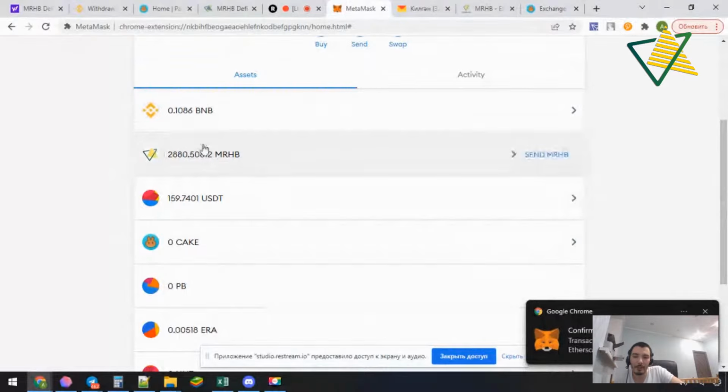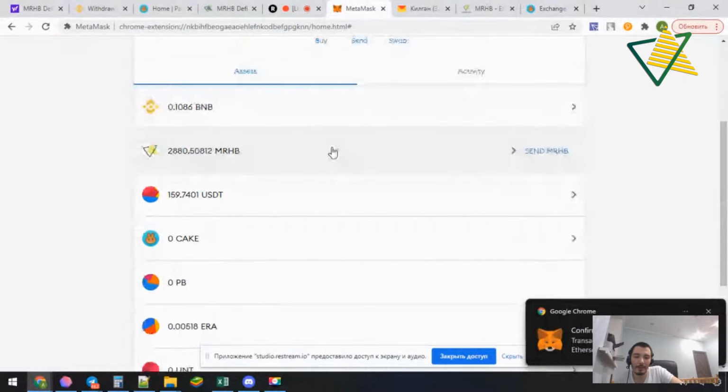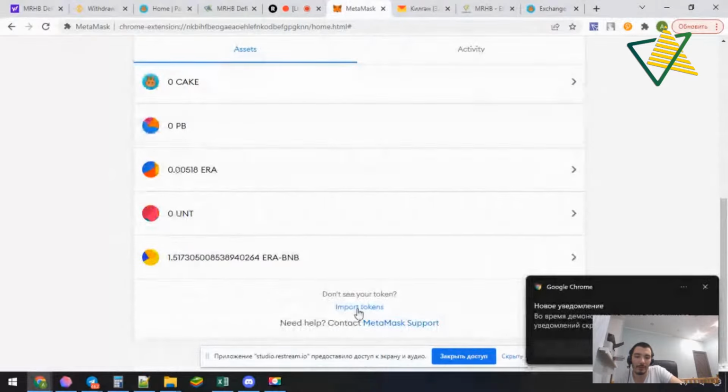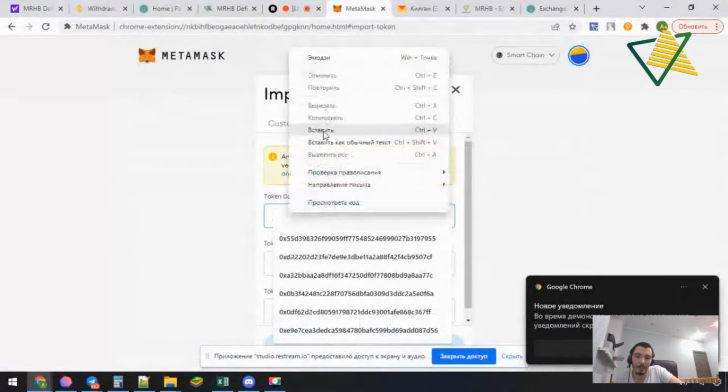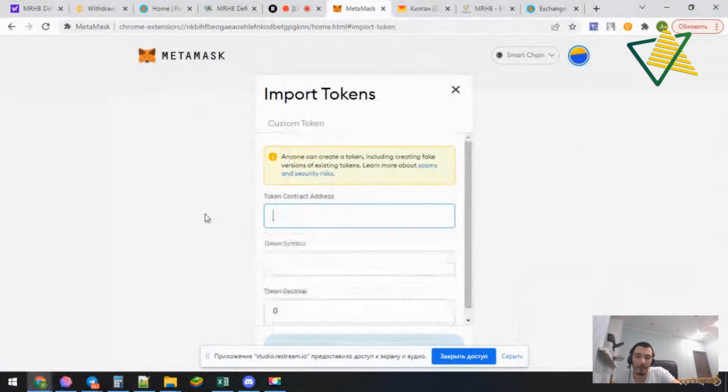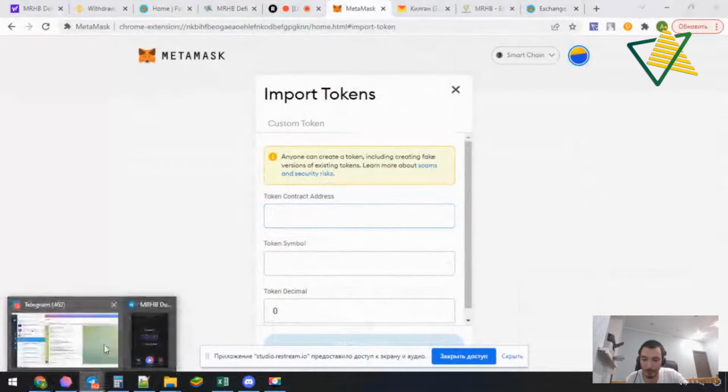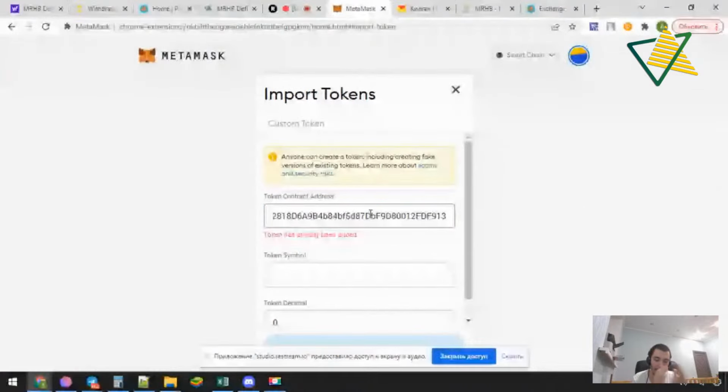If you don't see the MRHB tokens in your MetaMask, again, you should press import tokens here and insert the smart contract of the MRHB token here. You see, it shows that I have already added the MRHB. That's why it's an error.